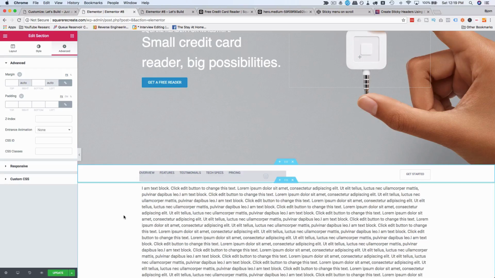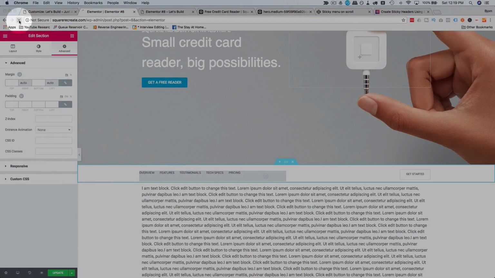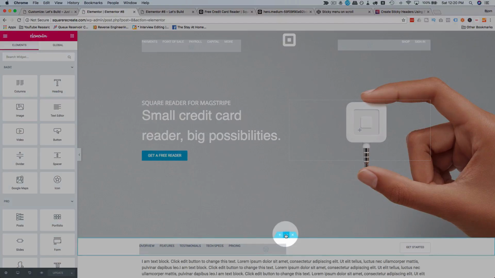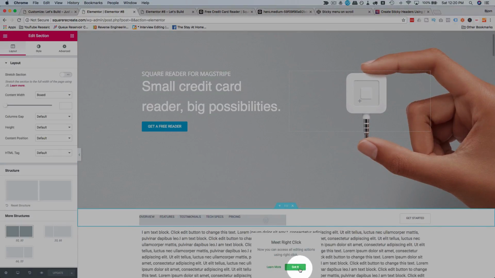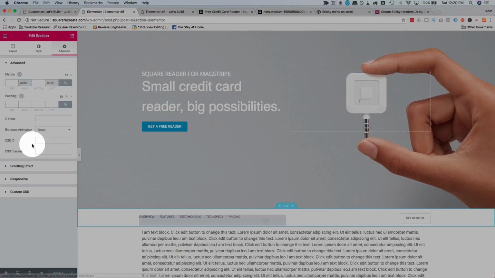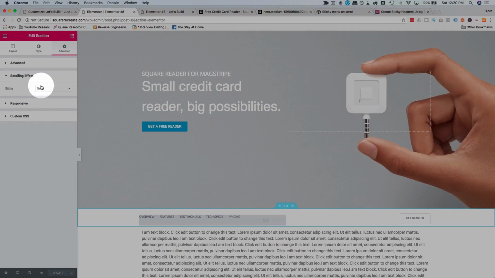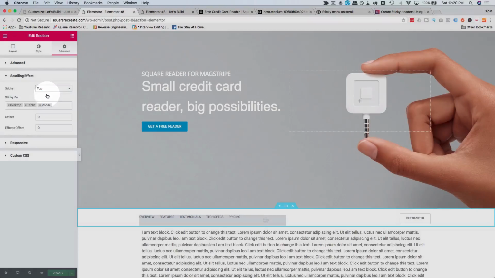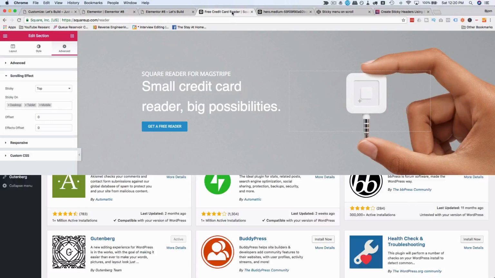Okay, I've installed Elementor Pro. If I refresh this page now, first I'll save it actually, save my changes, then I'll refresh, and now we should have that option appearing after I refresh. So I click on the six dots for the section, go to Advanced, and now we have the scrolling effect, which we didn't have a minute ago. Click on that, change it to top, click on update, and now we come out here,